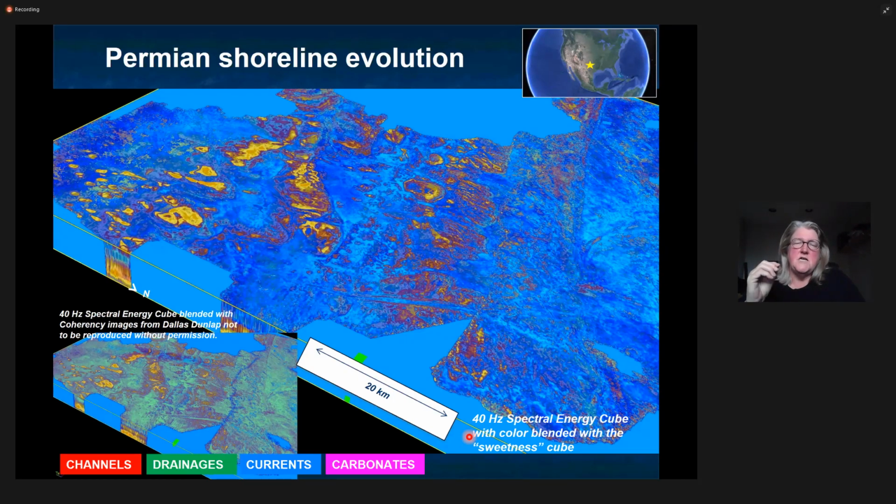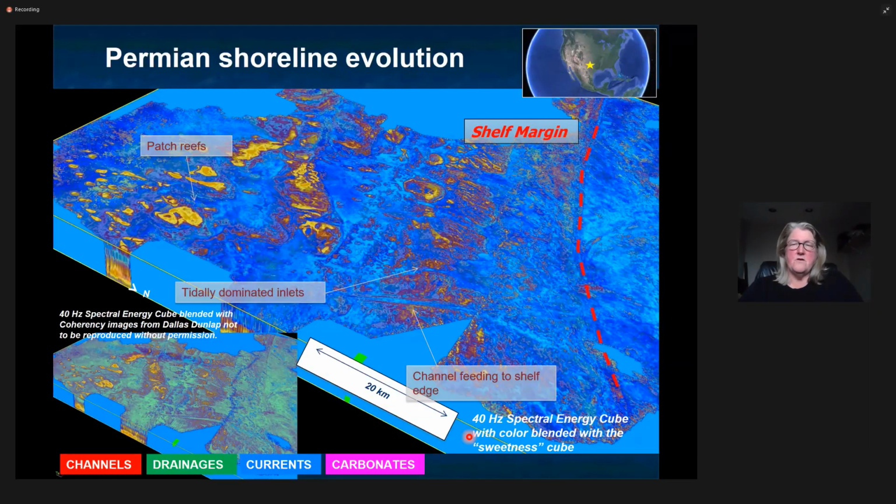seismic geomorphology and landscape, seascapes, accommodation-scapes are not limited to only clastic systems. This is an image from a piece of seismic data given to me by Dallas Dunlap ages ago. It's probably been a decade old now, but you can see that some of the work that Dallas has done shows very much morphologies or architectures in this mixed carbonate clastic system with these patch reefs that evolve and represent different stages of progradation within this mixed clastic carbonate system.